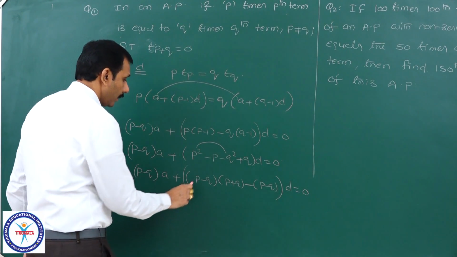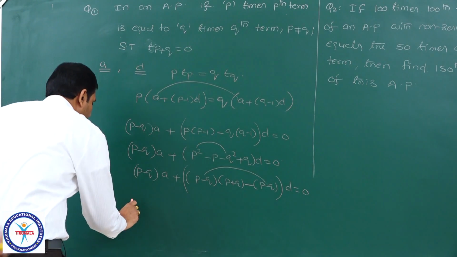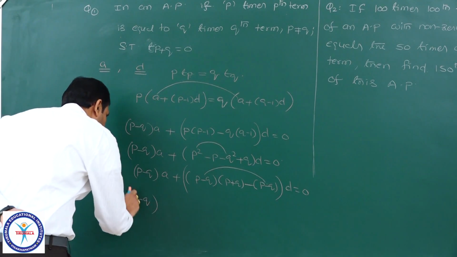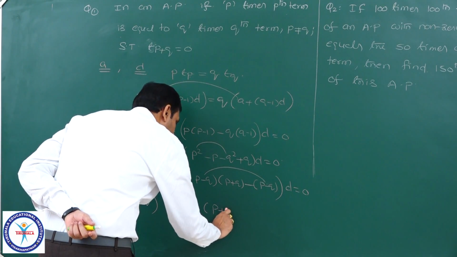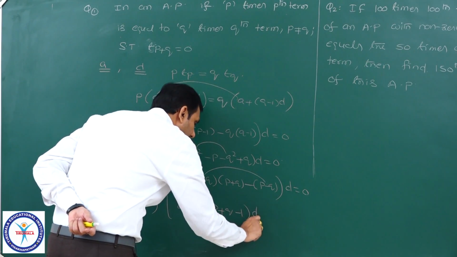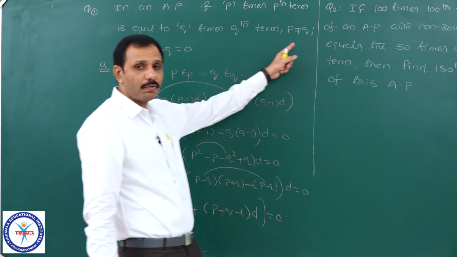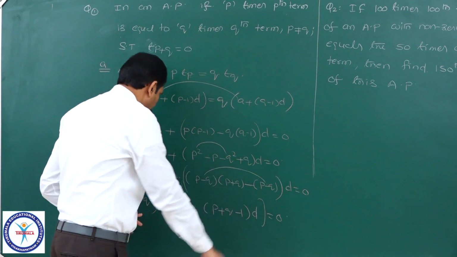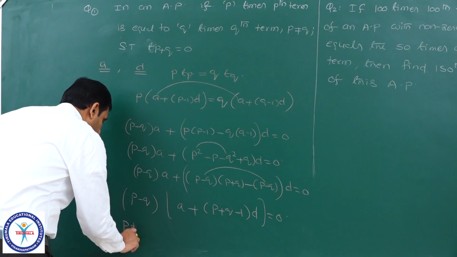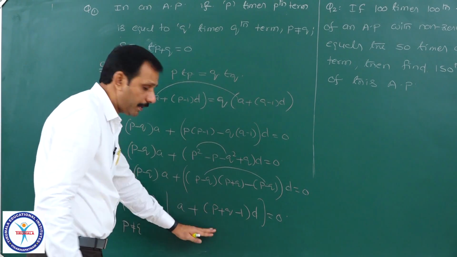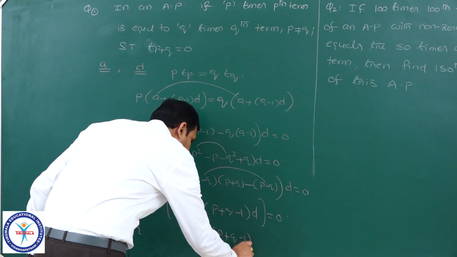Observe here, p minus q is common, here also p minus q is there, total p minus q I will take common. It is p minus q into remaining one, a plus p plus q minus 1 into d equal to 0. Now given p not equal to q, it is of the form x into y equal to 0, either x equal to 0 or y equal to 0 you will get, but of course since p not equal to q is given, therefore